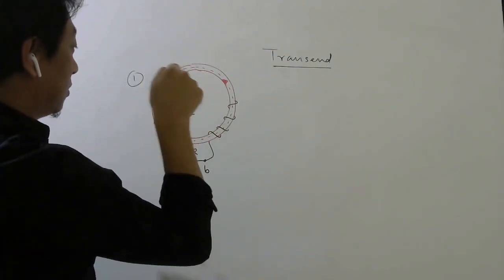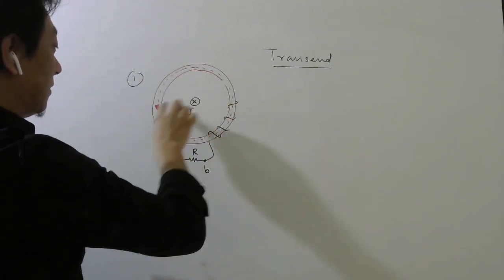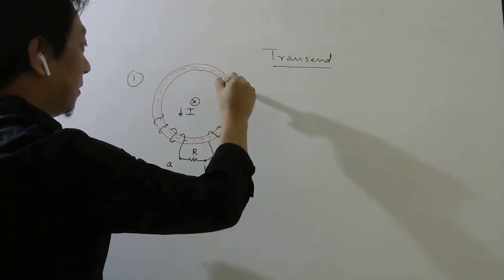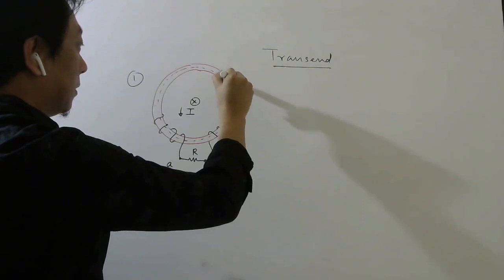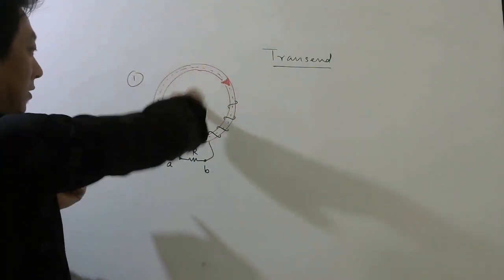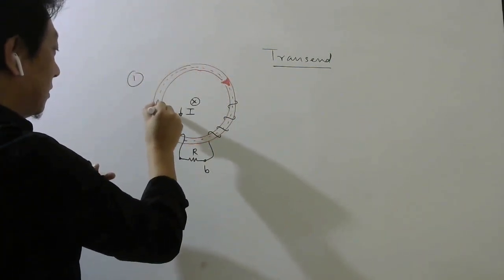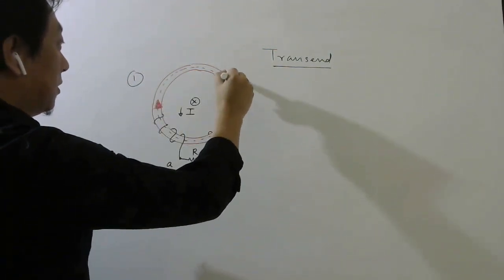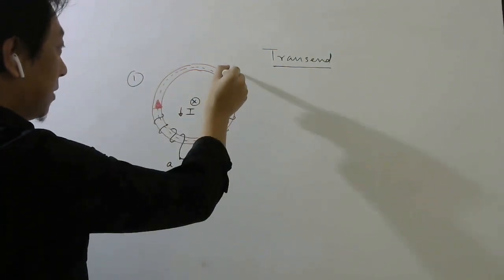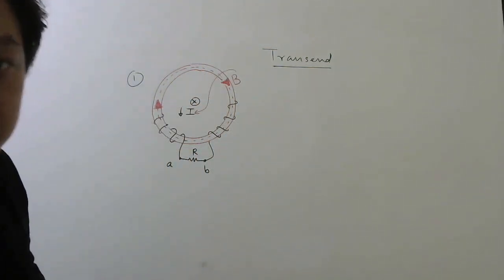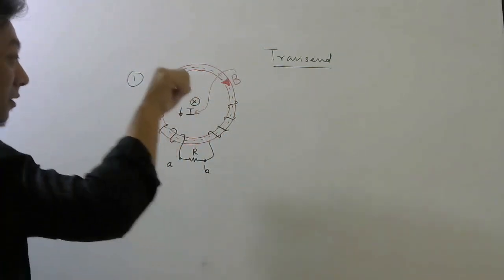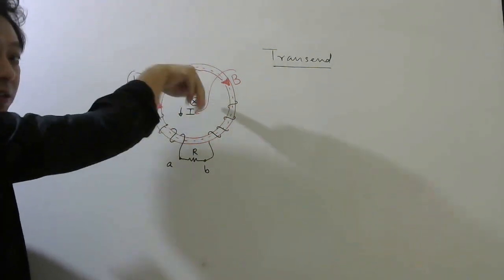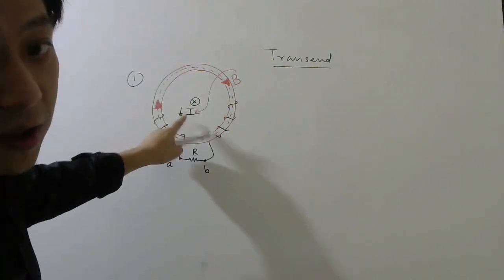Oh, since current is going into the page, it should be the other way, right? It should be like this. So it should be this way. Like this, right? So here it will be like this. So this is your magnetic field produced by this current carrying wire. Okay, I hope it is clear. Current is directed into the page, so magnetic field must be like this, produced by this current carrying wire.